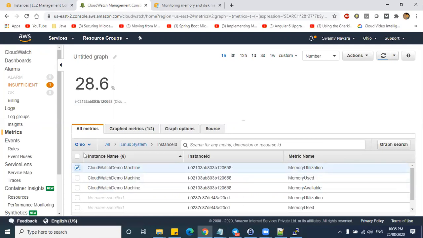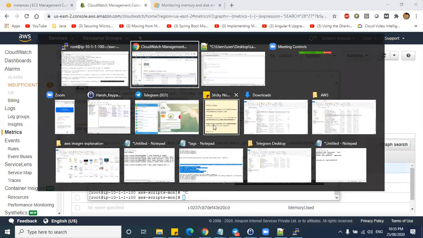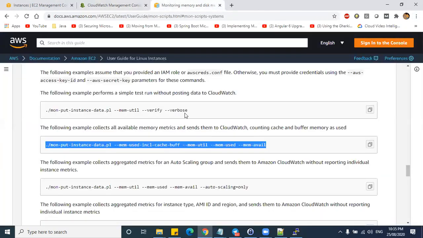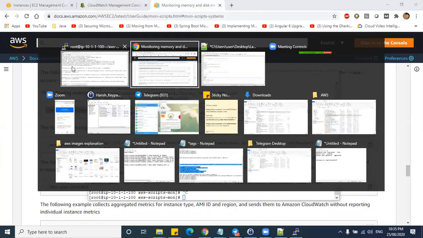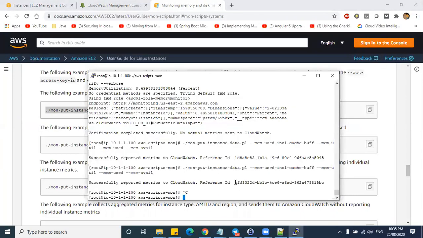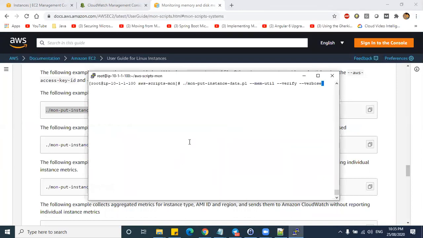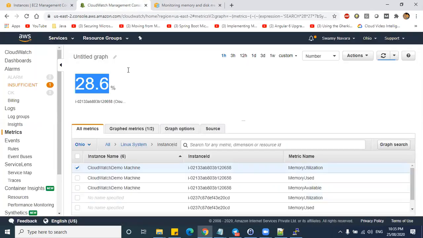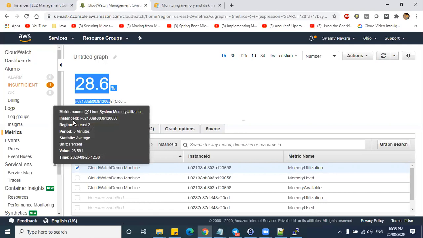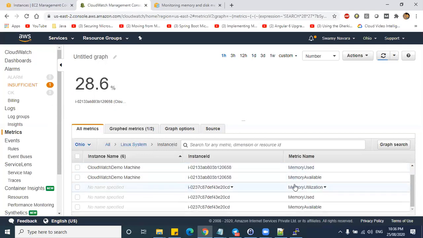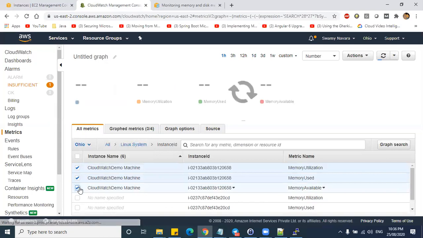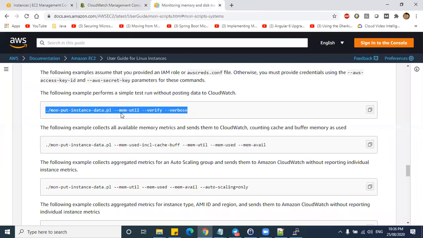Yeah, if you see here, 28.6 is the one. And if you fire the local command, yeah, 8.4 percent. Okay, so the current utilization was that.